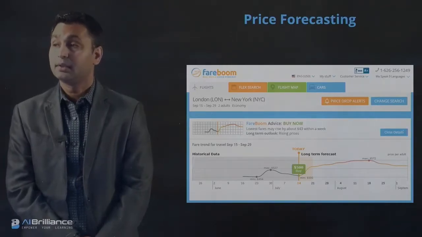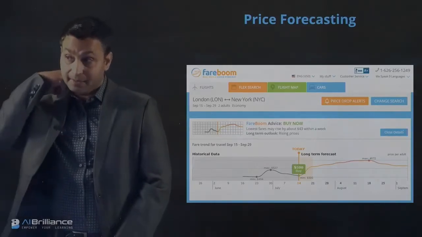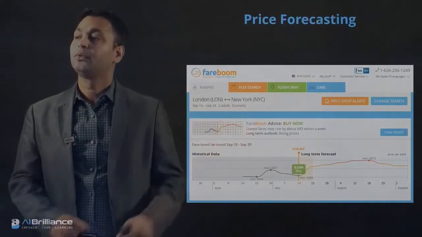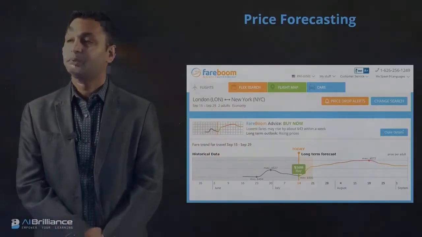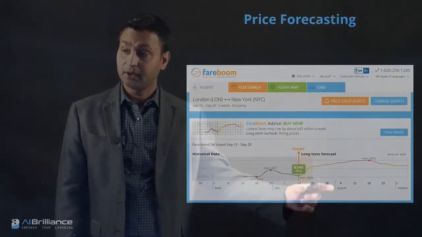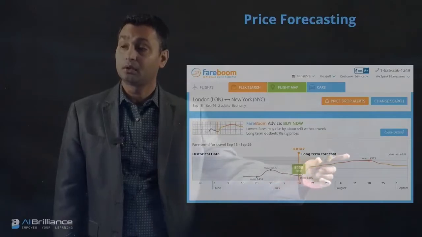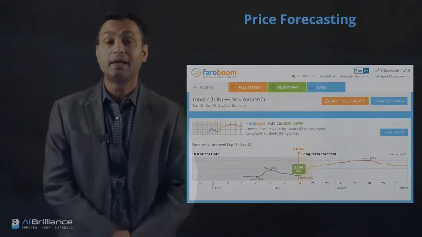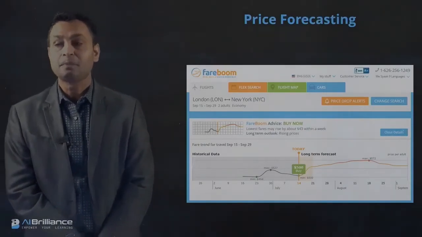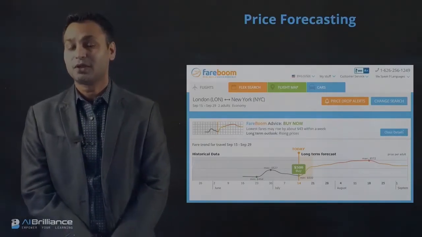What it does is you can download their app and provide the input of where you are going, and depending upon that, it will tell you the aggregate price of different airlines and what the long-term forecast of the price could be. So if I have to go from London to New York in 10 days from now, you will need some sort of forecasting algorithm.